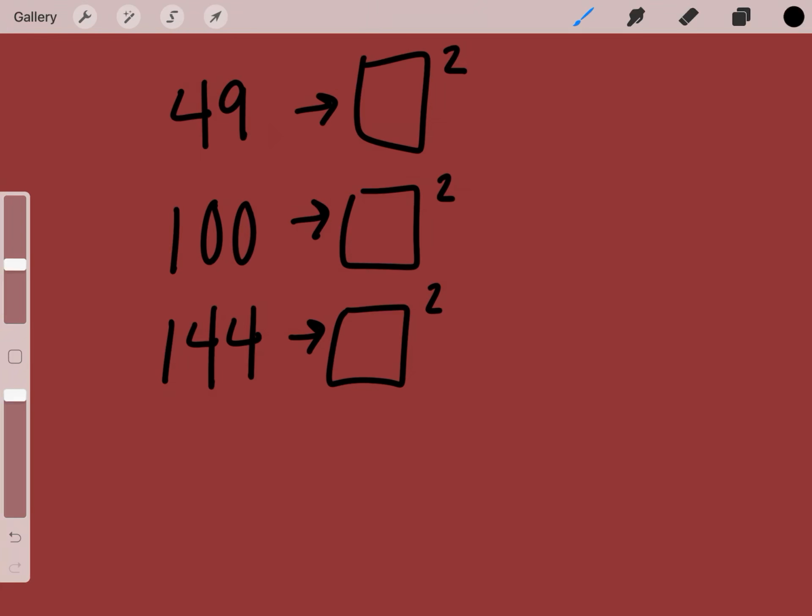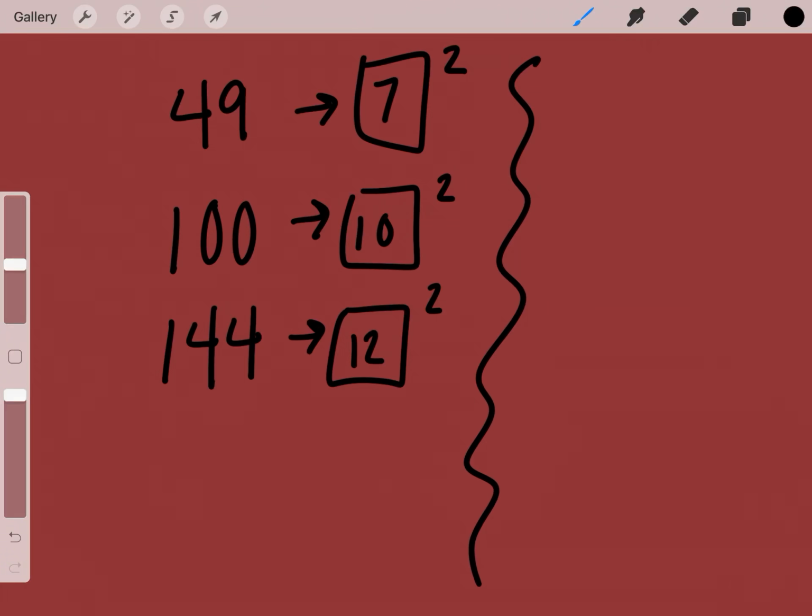Now, what you're doing here is actually finding the square root. So in this case, we know 7 squared equals 49, we know 10 squared equals 100, and we know 12 squared equals 144. But the process of undoing the squaring, or taking something and raising it to the second power, is called taking its square root. So instead of verbally explaining it, the way we write that in math lingo